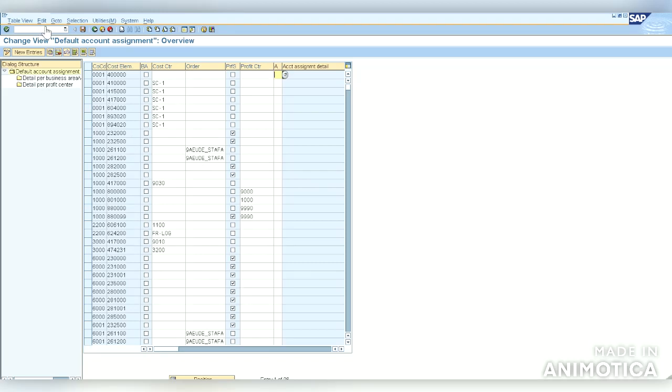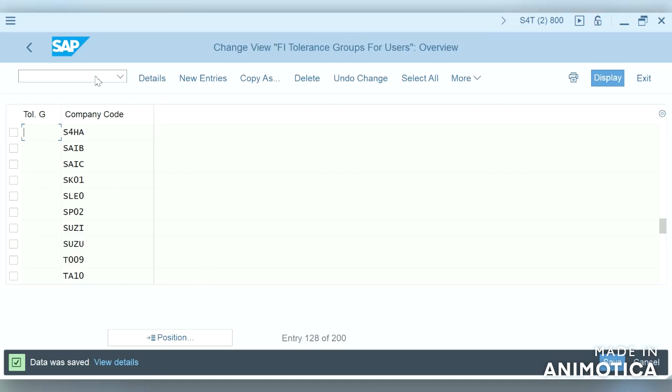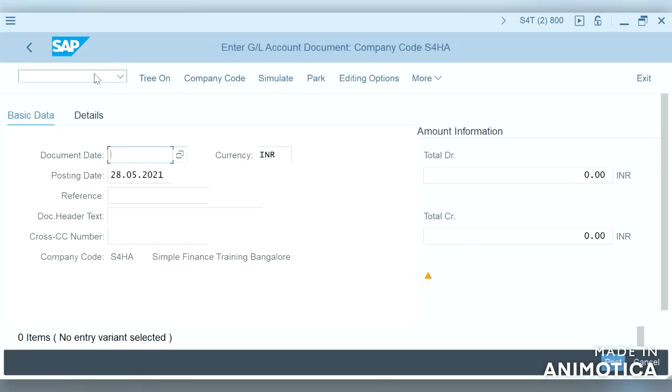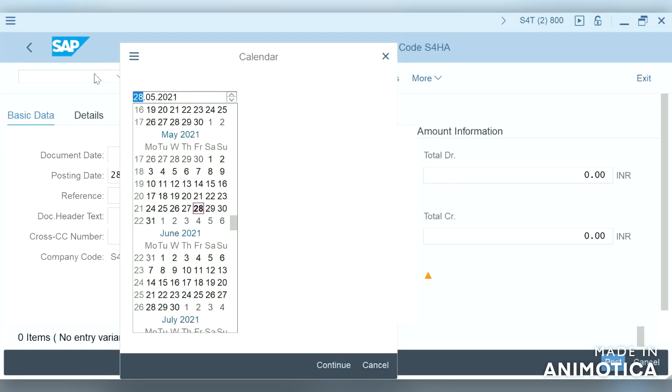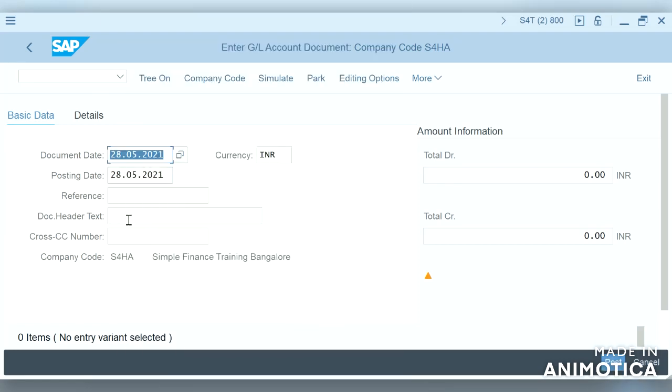Now let us try to post a document. Oh sorry, we are in ECC. Okay. Let us now try to post the document. FB50. Document date, reference we will give as test, document header text.